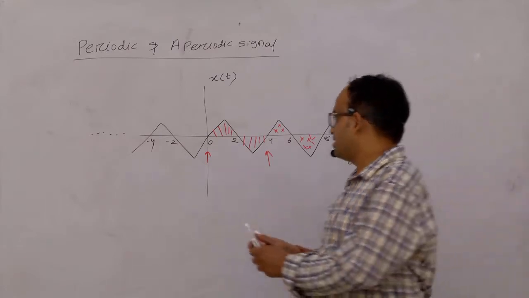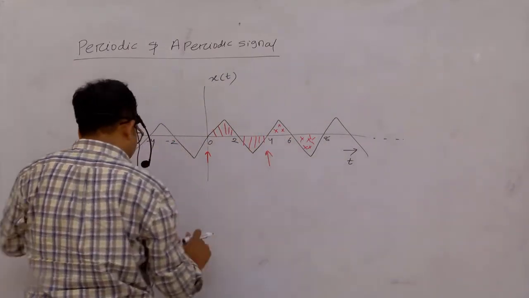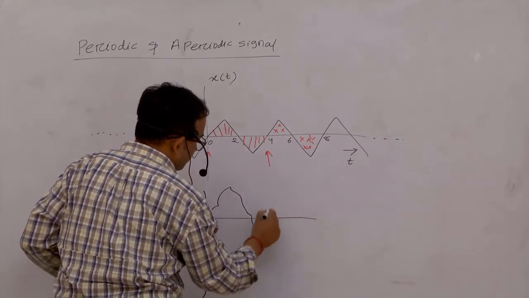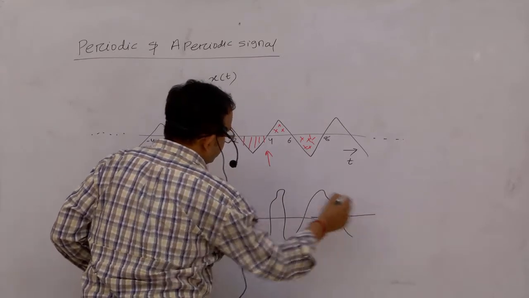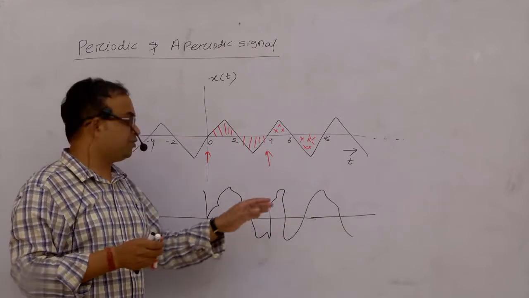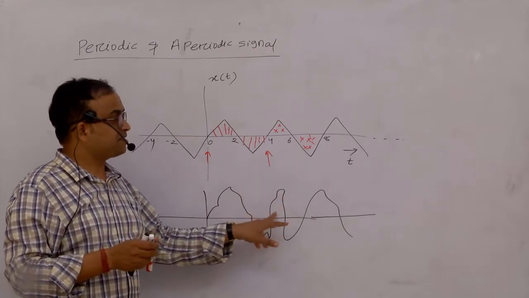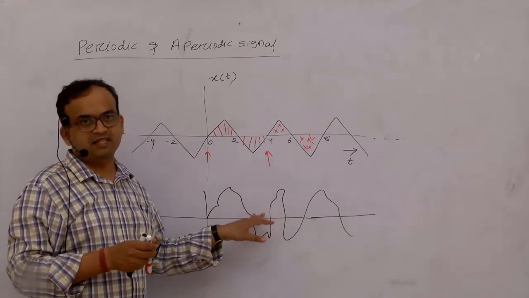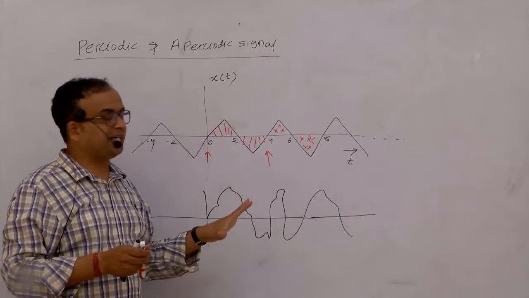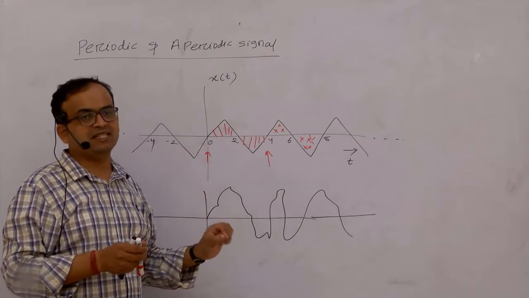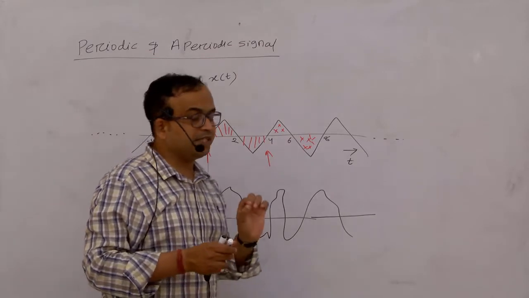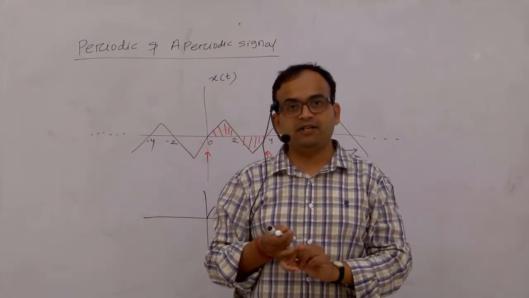Similarly, I am drawing a signal like this. If I draw a signal like this, now see what happens, the shape is changing. From time to time the shape is changing. So in this type of signal we can tell that this is not a periodic signal. There is no repetition time here. If there is no repetition time or the signal does not repeat, then this signal is known as an aperiodic signal. For aperiodic signals we cannot find the fundamental period or periodicity.